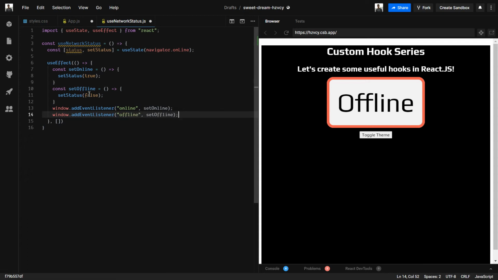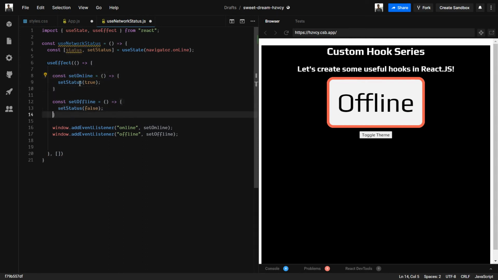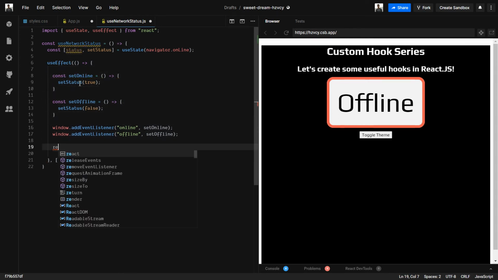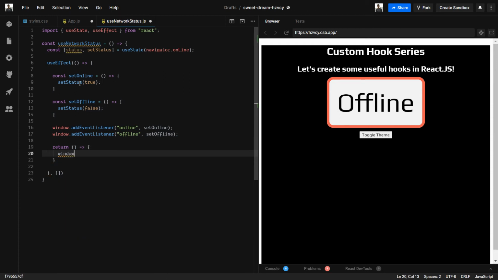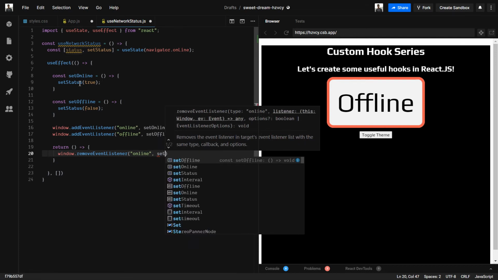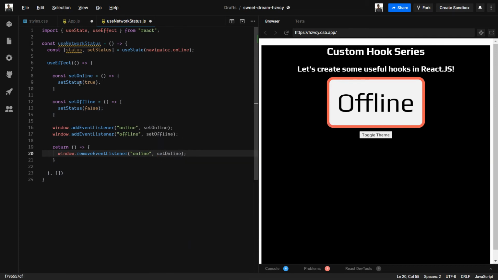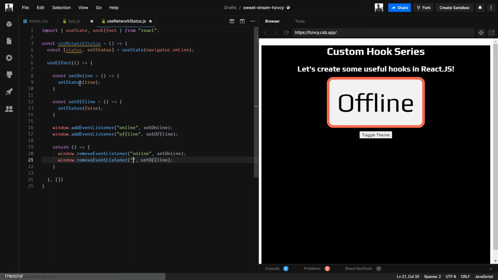So this is done. Now let's make this a little bit clean, and clean up our events so we don't accidentally have some memory leak. So window.removeEventListener, and I will pass here online and the setOnline function, and I will simply copy this setOffline, and I'll pass here offline.